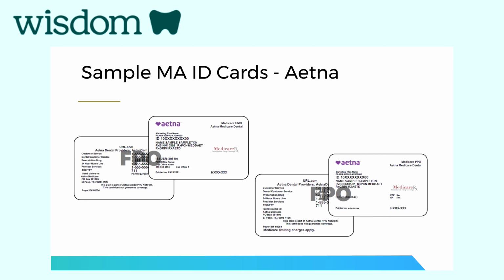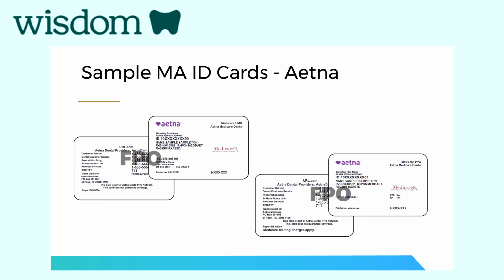So it's possible that, like my husband, your patient's going to give you a red, white, and blue card and a Medicare Advantage card. And you need to know the difference there because they don't. For my husband, I finally said, give me that red, white, and blue card. You no longer need that. And I hid it from him. But many of your patients are going to give you everything they have in their wallet. So it's up to us to learn to tell the difference in the different types of Medicare.